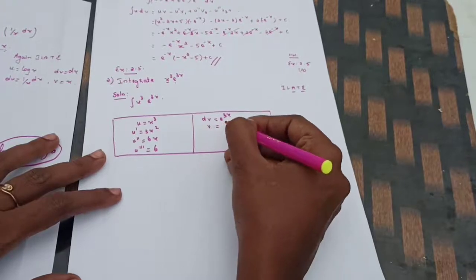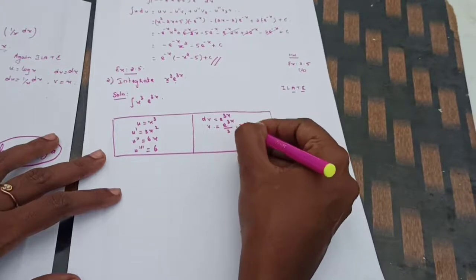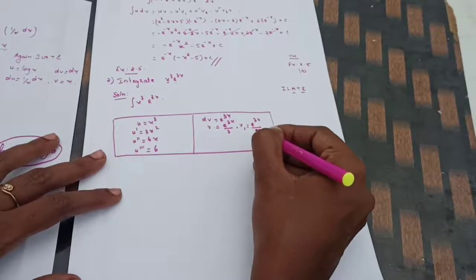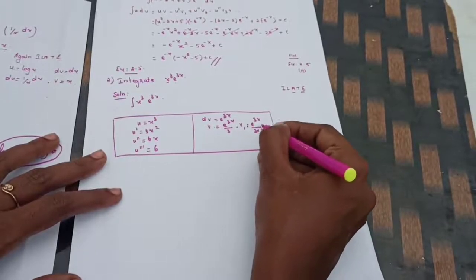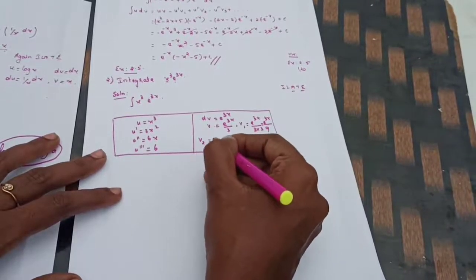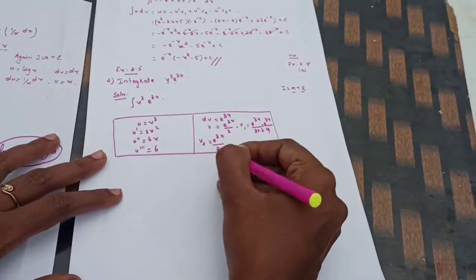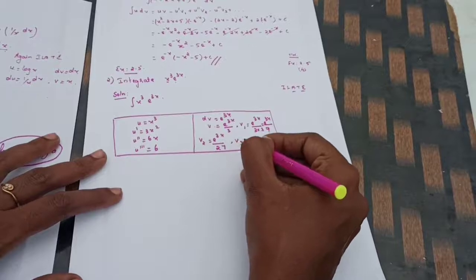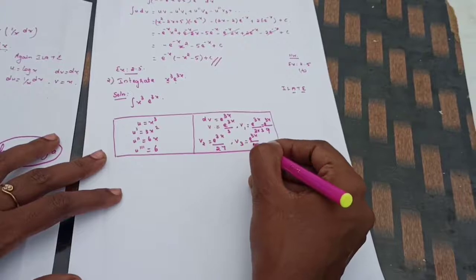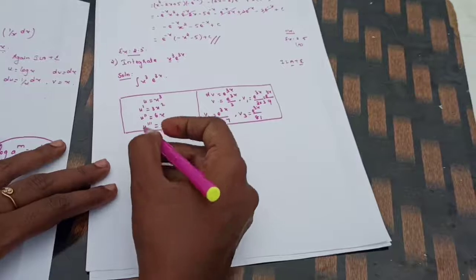Then v1, is it right? So v first you need to do. V how much will we get? E power 3x divided by the coefficient. This and all you learned already. Then v1 how much will we get? E power 3x divided by 3, already it's there. Again one more coefficient you will get. So e power 3x divided by 9. Then v2 how much will we get? E power 3x divided by 9 into 3. So how much? 27. If you are finding v3, how much will we get? E power 3x divided by 3 into 27. So 3 into 27 means you will get 81. Got it? Okay. So this and all the things you have learned already.